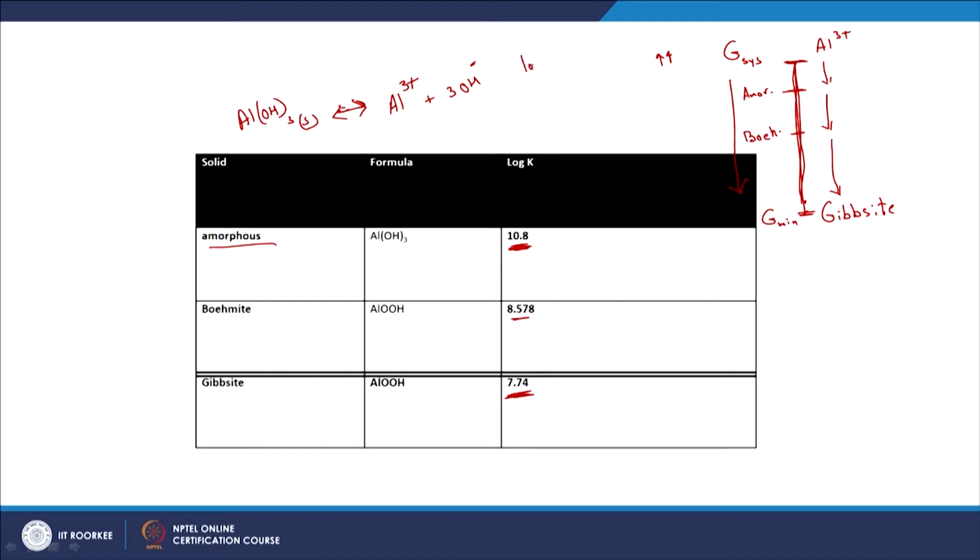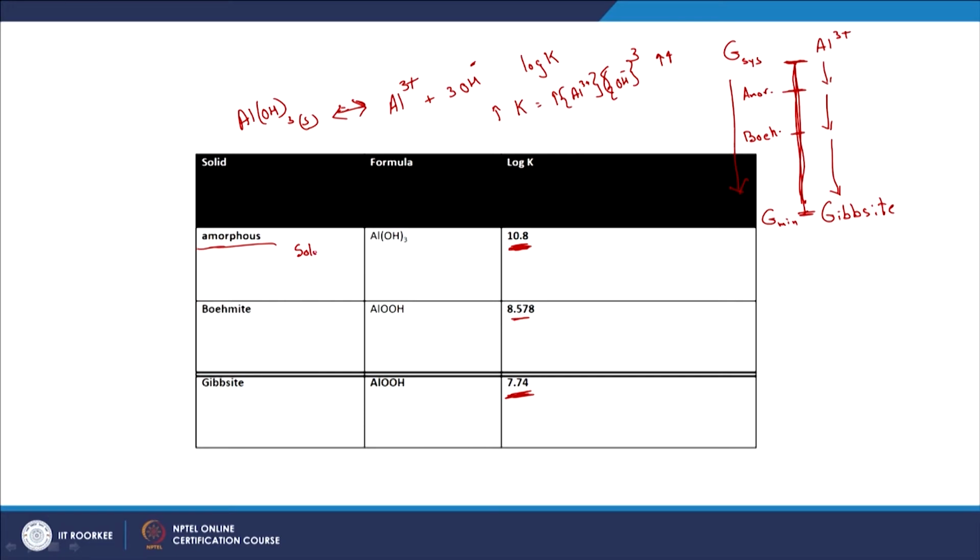So what does this mean now? Log K is relatively higher for this particular equation, as in what does that mean? As you know, K is equal to the activity of Al3+ times the activity of OH minus cubed. So the greater the K, what does that mean? In effect, for a fixed pH, it means the greater the concentration of Al3+, right. So from this again you can understand that the amorphous form is